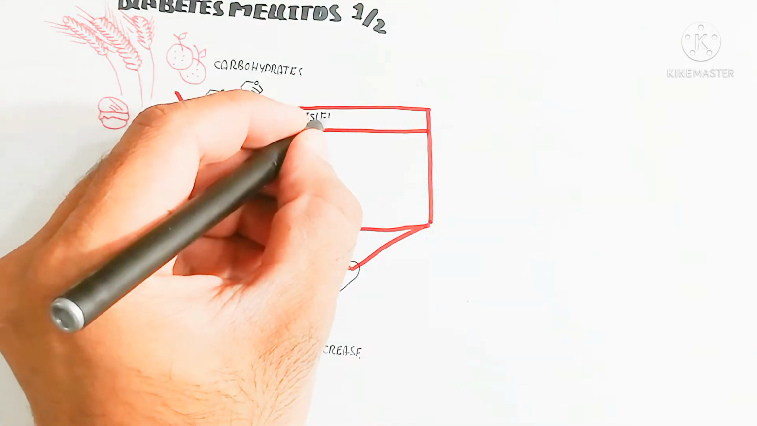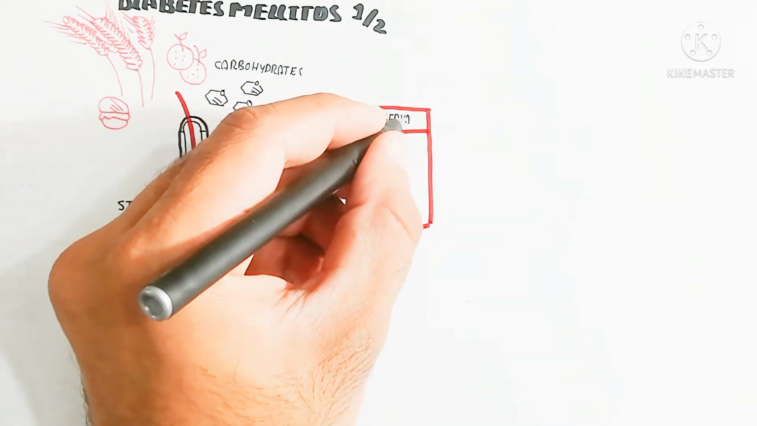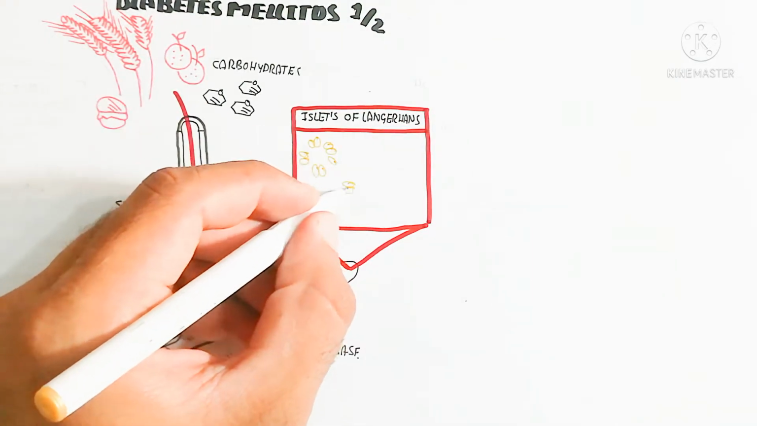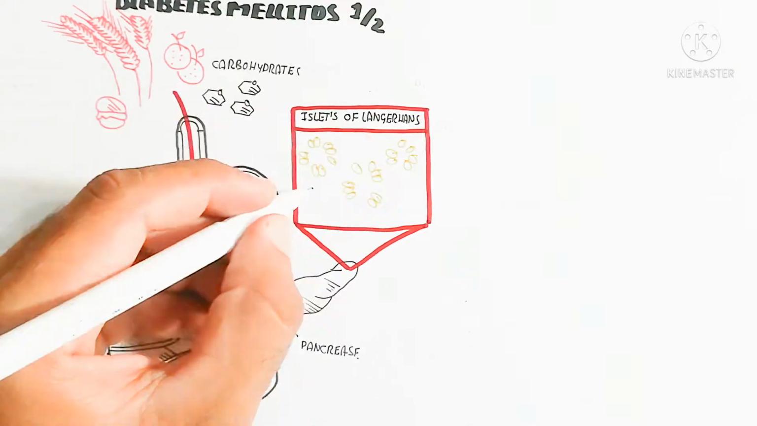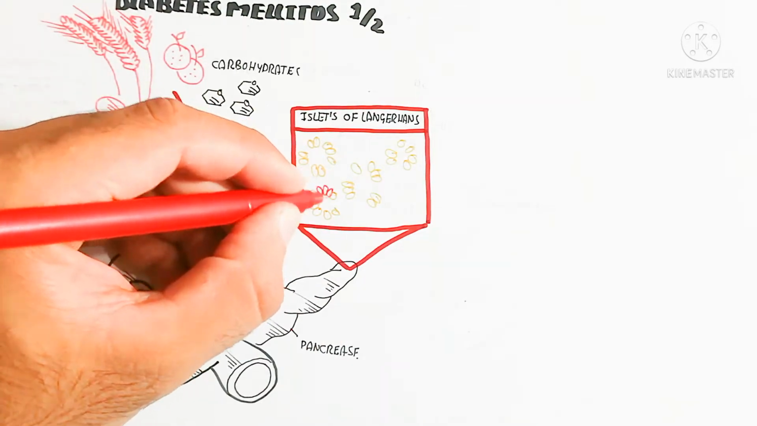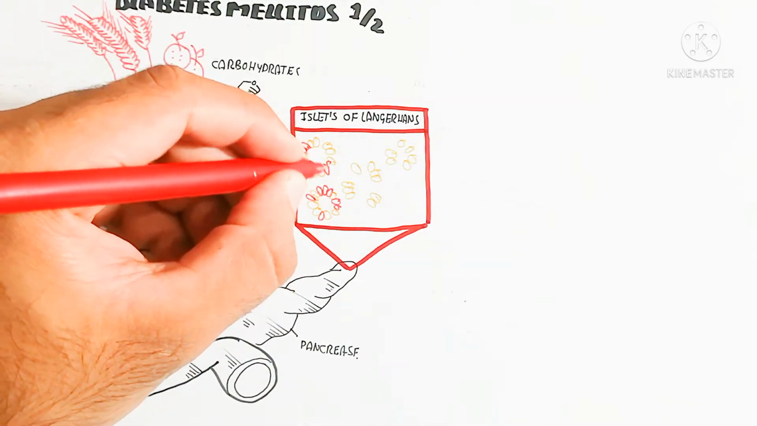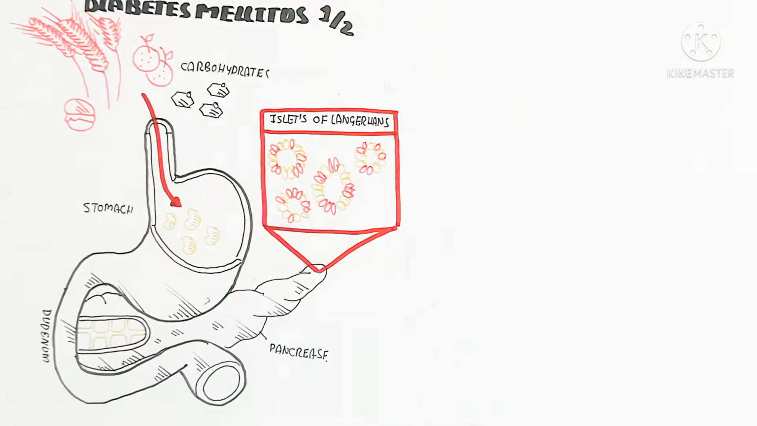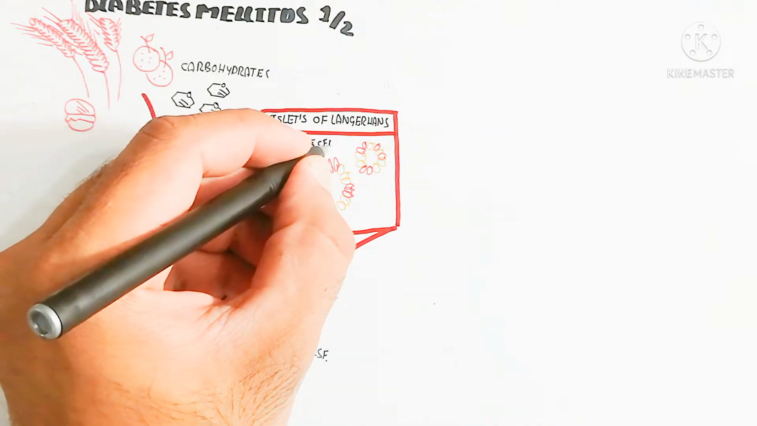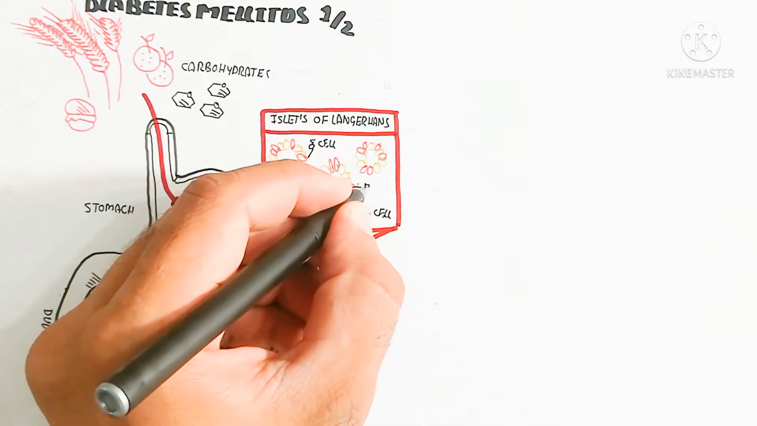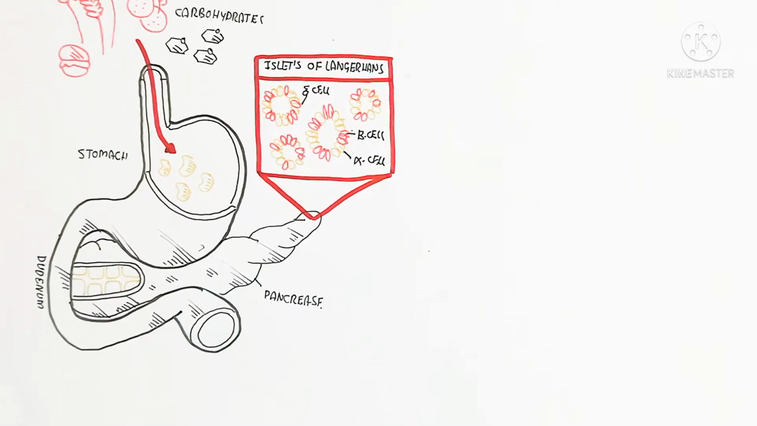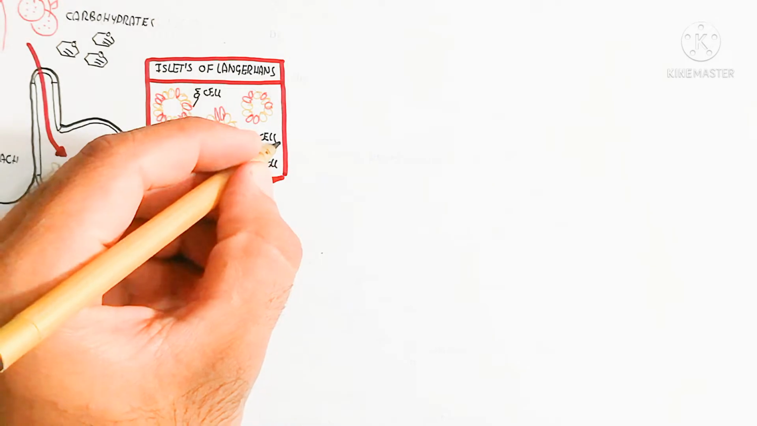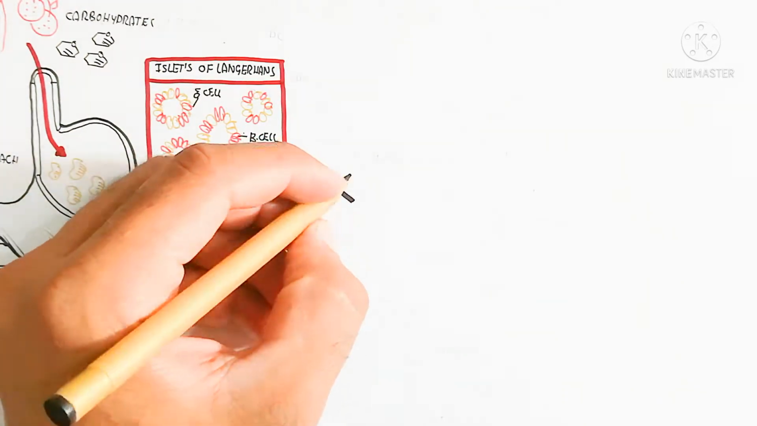So here is the pancreas. The pancreas contains exocrine and endocrine parts. The endocrine part is in the form of the islets of Langerhans. This islet of Langerhans contains pancreatic beta cells, alpha cells, and delta cells. Beta cells produce insulin, while glucagon is produced from alpha cells and delta cells produce somatostatin. So this is known as the